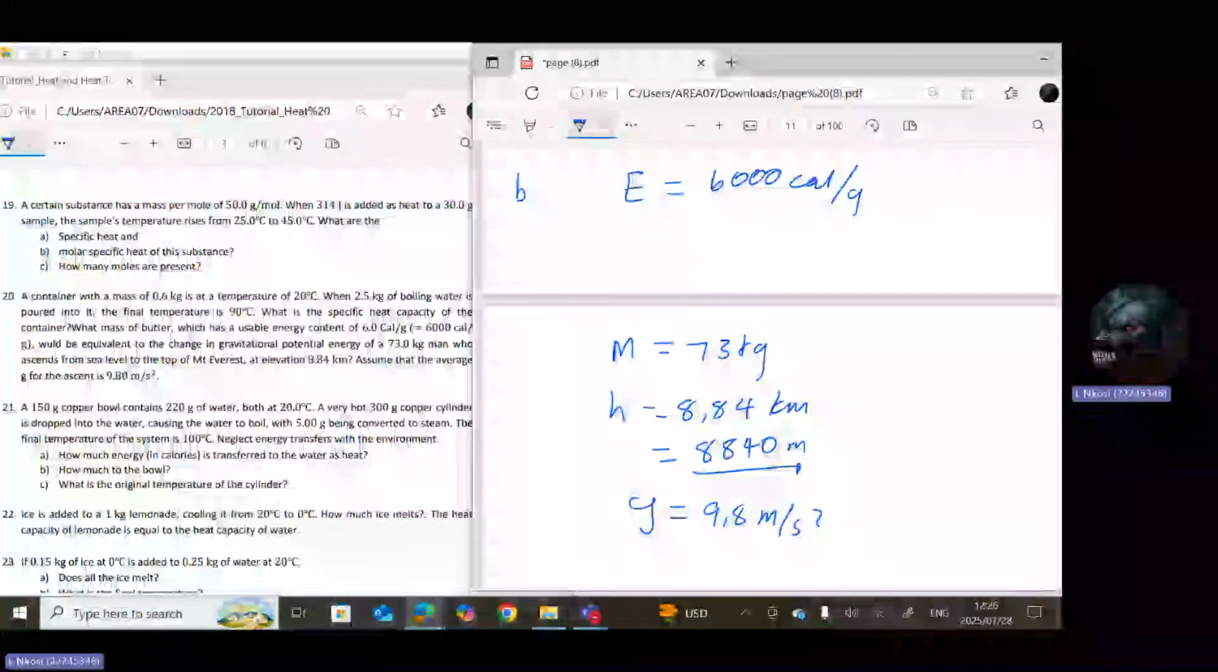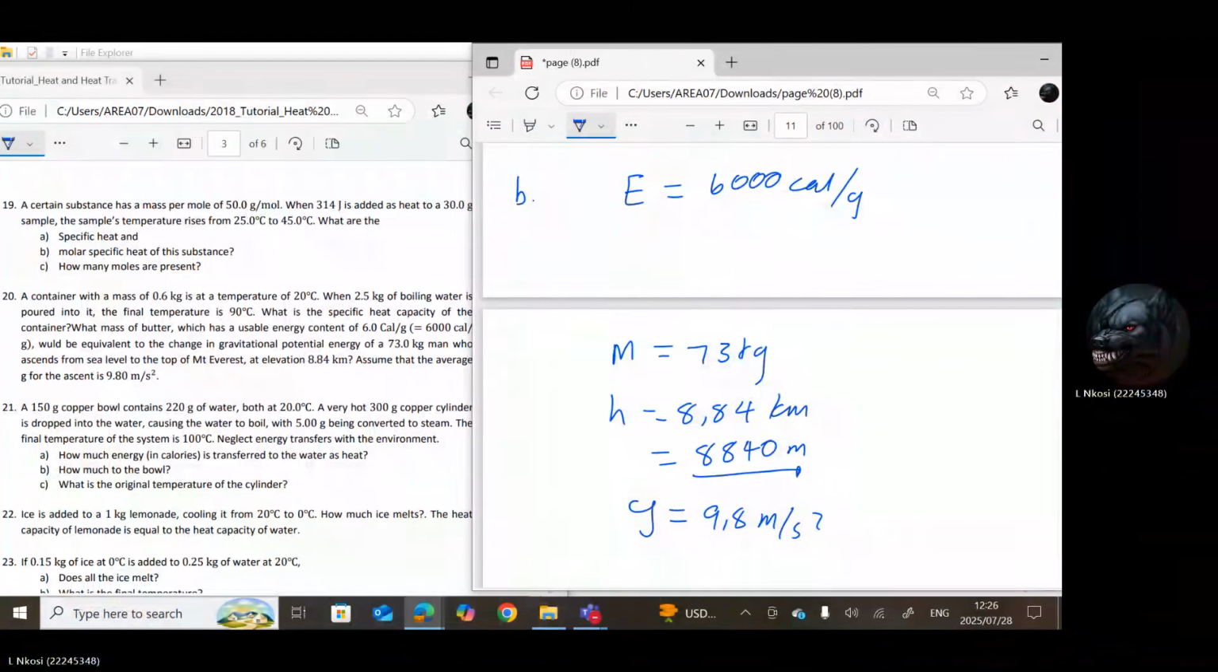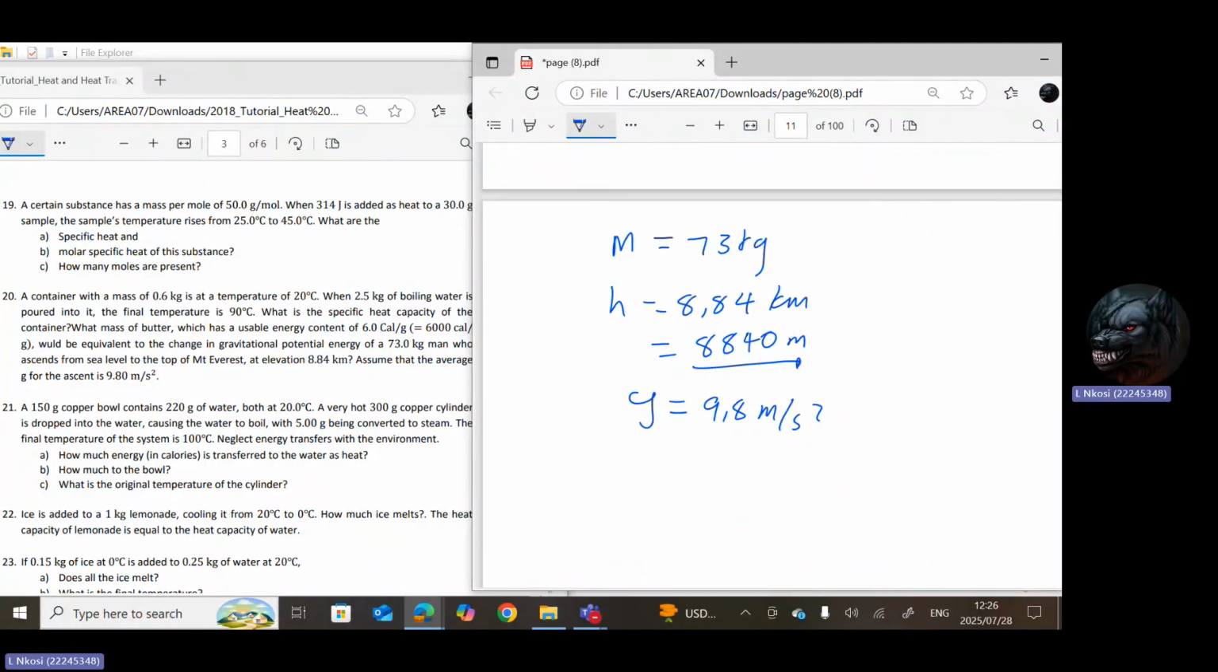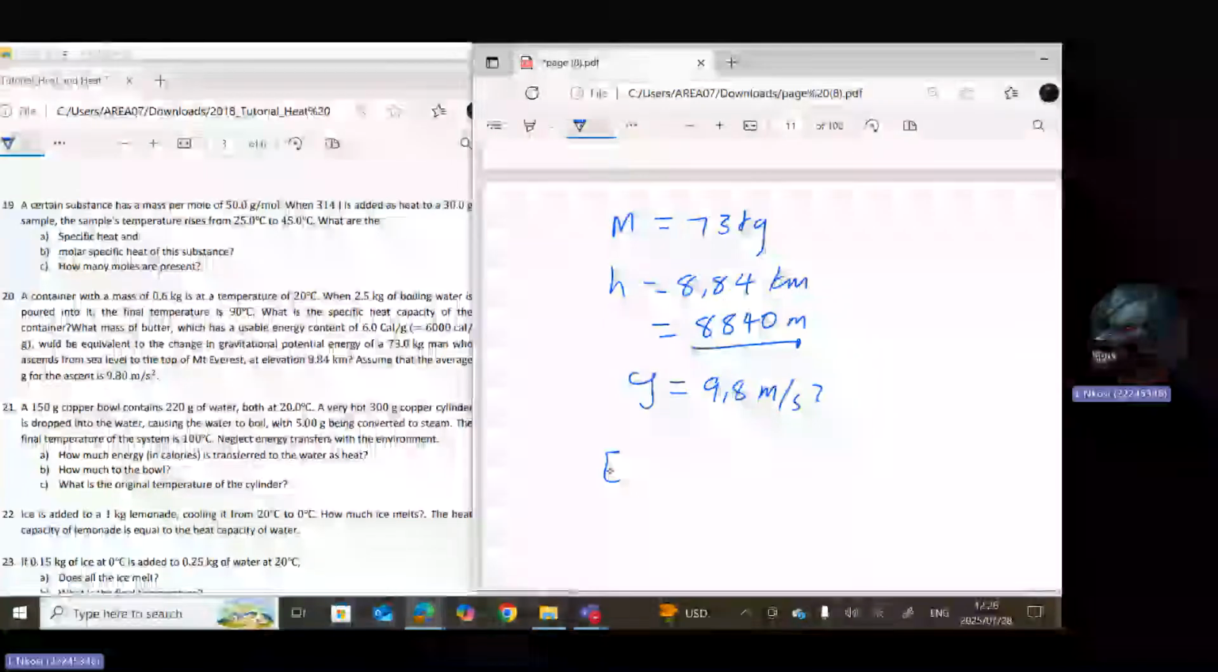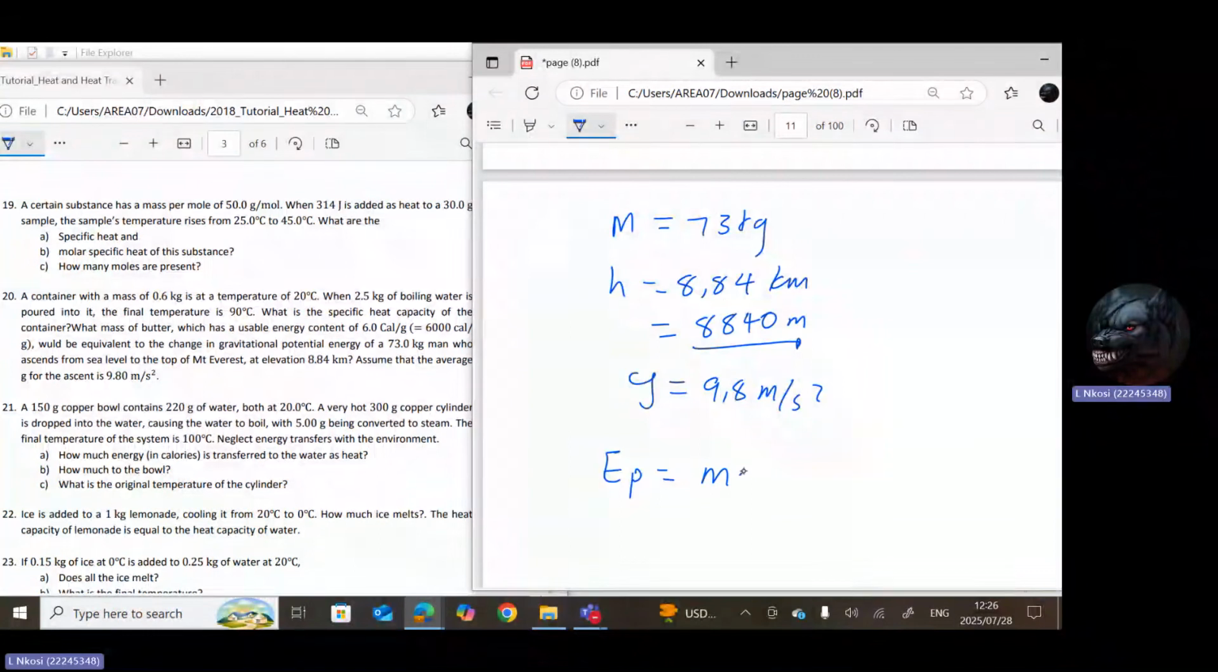So the mass of butter, which has a usable energy content, will be equivalent to the change in energy. So we calculate the energy of this man who is ascending Mount Everest, because he has height, so he has potential energy. His potential energy is mgh with 73